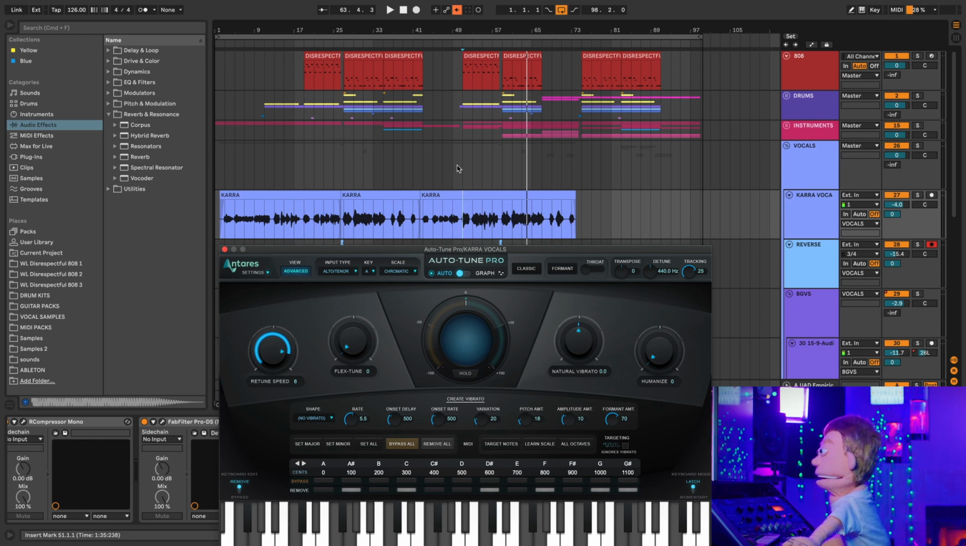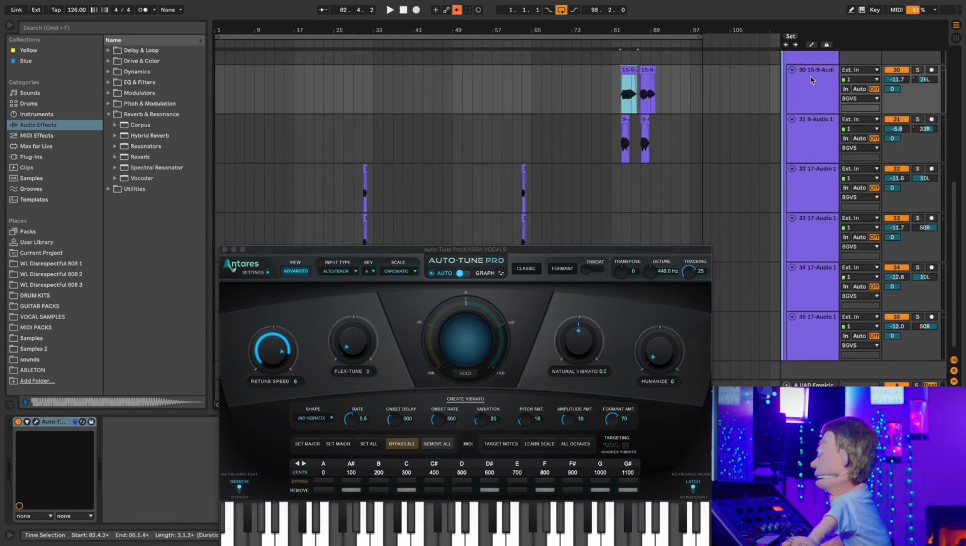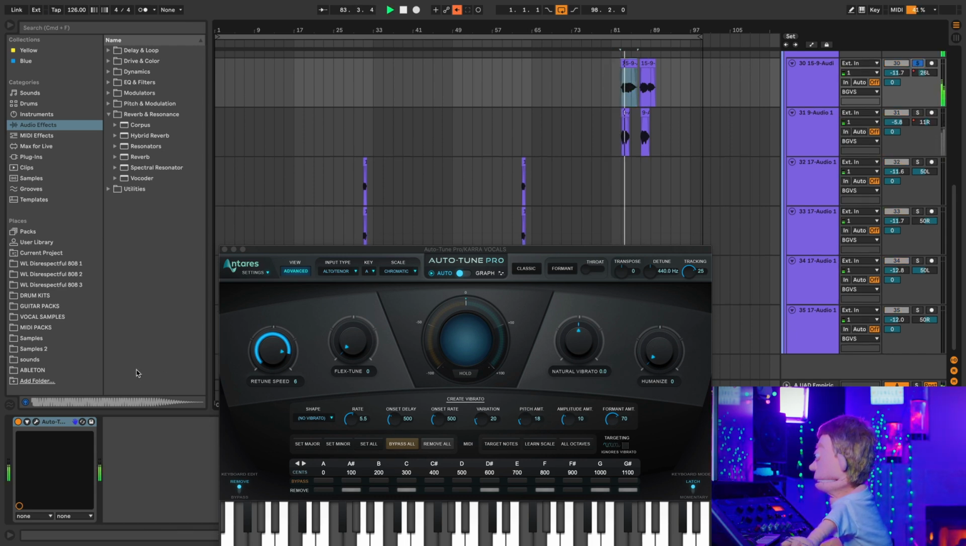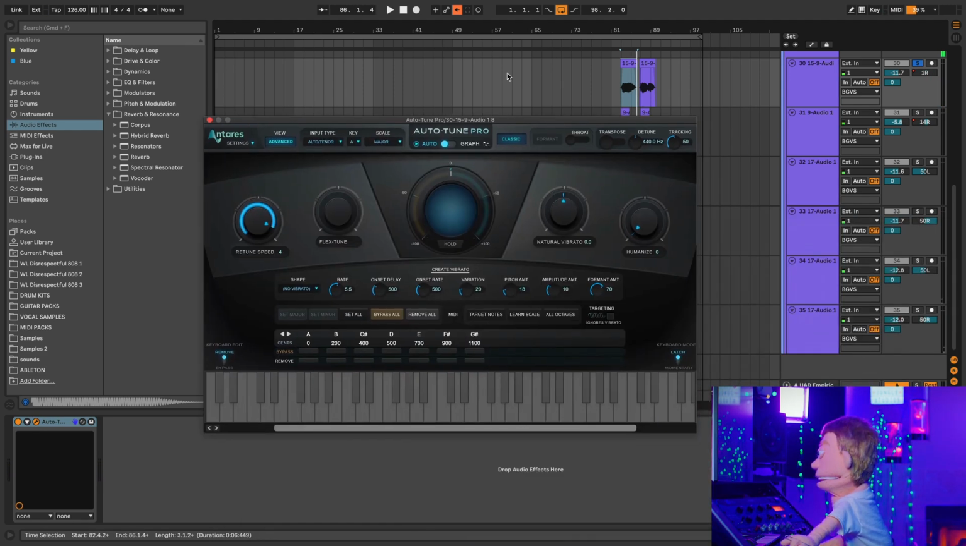Now this is a really cool option to take a long note and make it kind of wobbly. Let's go find a long note, like down here in the background vocals at the end of the song. Let's get these. Let's grab the Auto-Tune on this background vocal and let's try doing